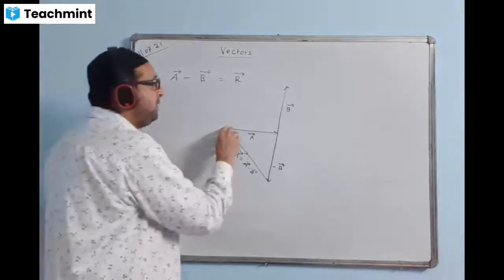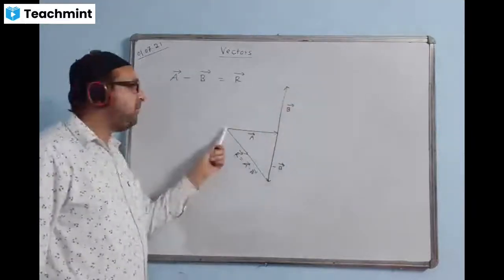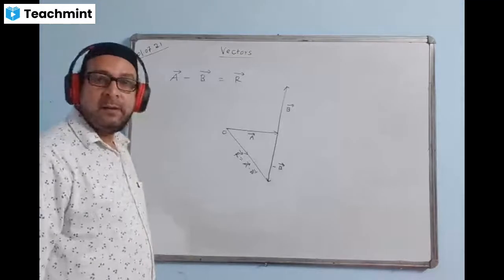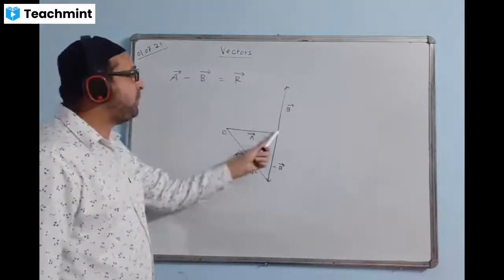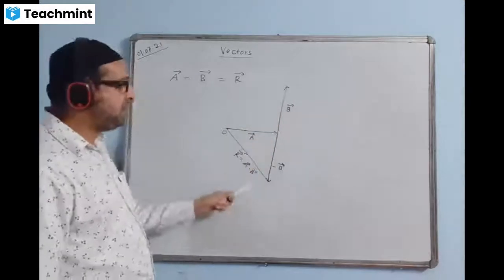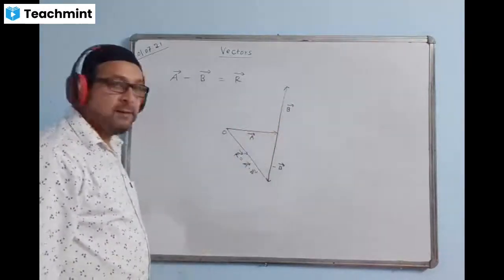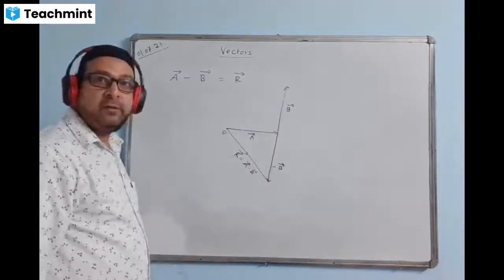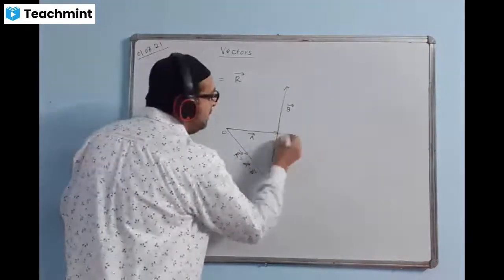If you have to do A plus B, then A is here, plus B is here, the resultant will come here. That time the resultant will be given by this line, if it is A plus B. But if it is A minus B, minus sign means opposite direction. So suppose B direction is like this, then we will change the direction of B exactly opposite. It becomes minus B. And what about the value of R, the resultant value? We will find it. So you can just see out here.